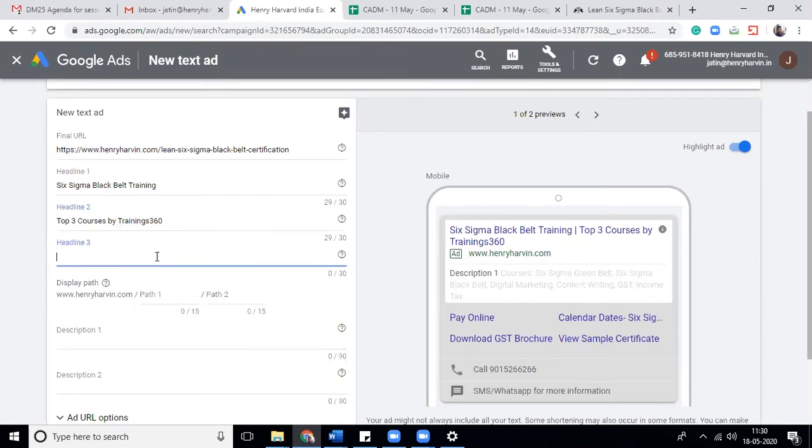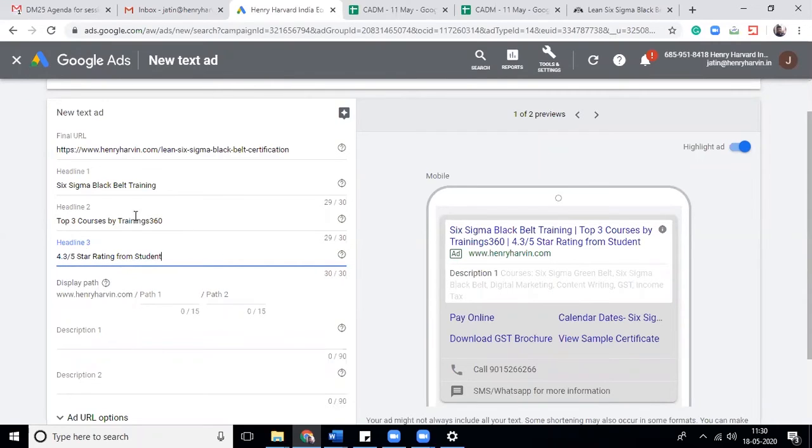Next is the trust factor. Trust factor is, let's say, you get 4.3 per 5-star rating from students. Again, it's not coming from the student. Okay, so you create a trust factor.